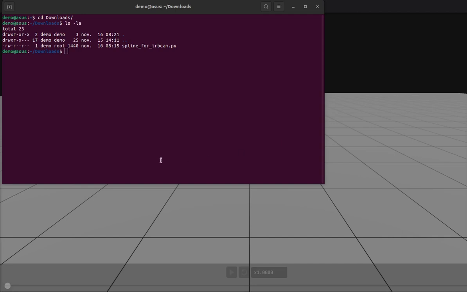Most robot controllers don't support splines natively, so in this example we will show how to generate a spline using Python code and import it into IRBCam. So here we see we have this Python code spline for IRBCam. We run it through